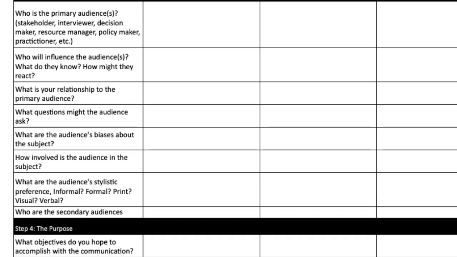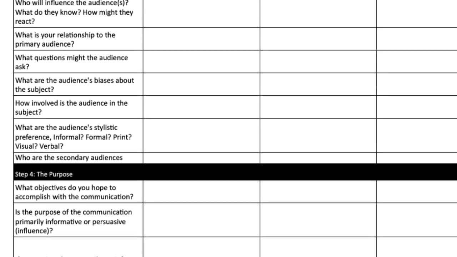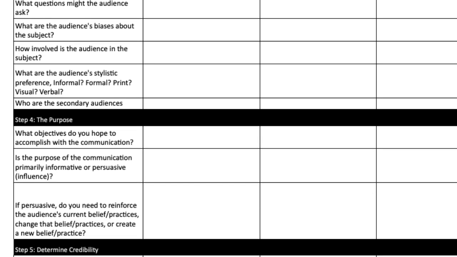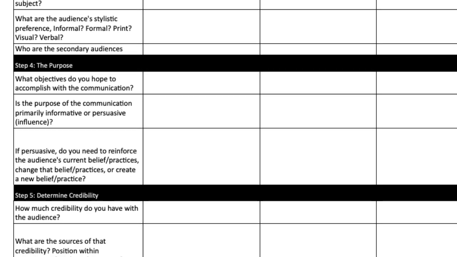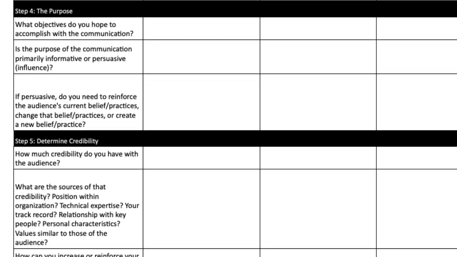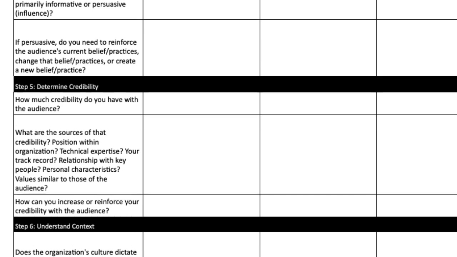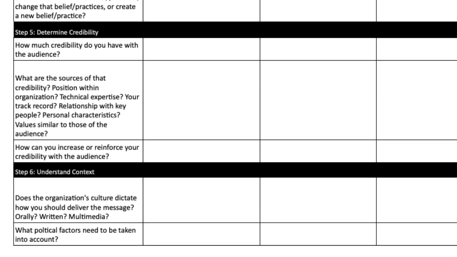But it also helps you consider some really key things that might not seem obvious, like your level of credibility with these groups. How do they know that you're an expert? How do they know that they should trust you? Another thing is, what is their existing level of knowledge or familiarity with the subject? Basically, how much background or context do you need to provide them? And then most importantly, you have to ask yourself, what's in it for them? How will it impact them, or what's at stake for them? Why should they care? This spreadsheet helps you go through all of those questions and really consider each of those points.